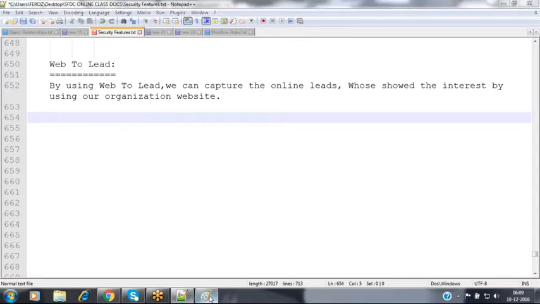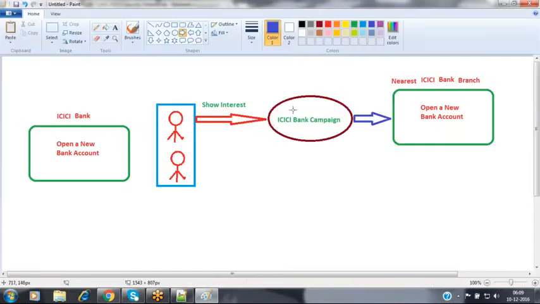When coming to leads, we capture lead records by conducting some campaigns. The second way is that we can capture the lead records through online also. That flexibility will be available. The second way is online leads.